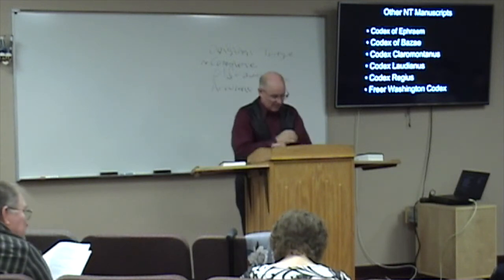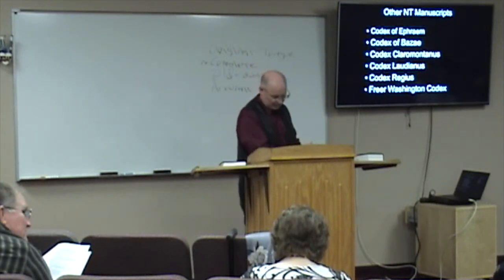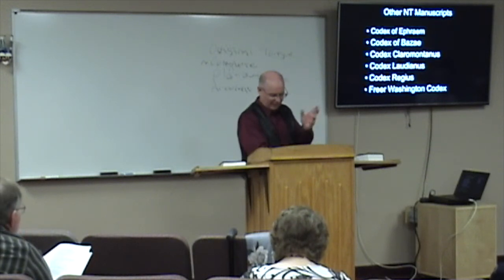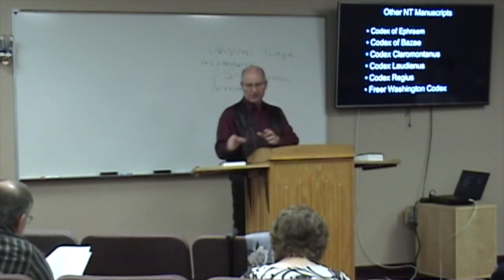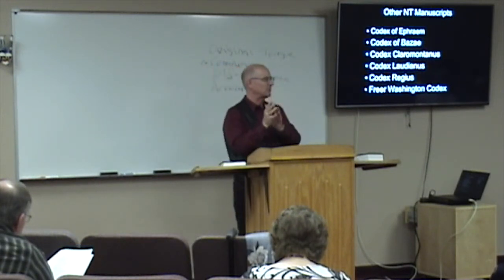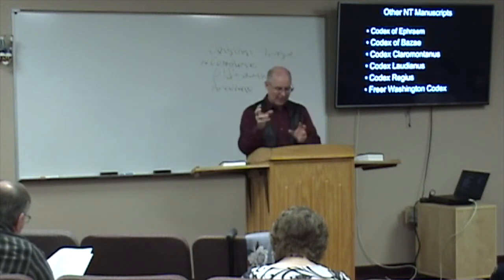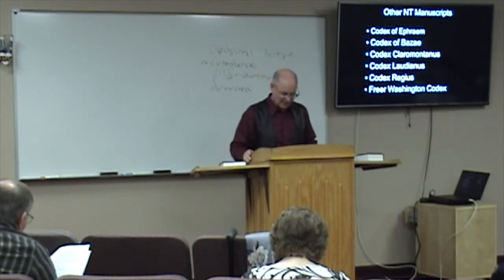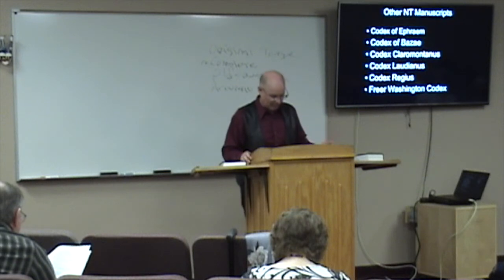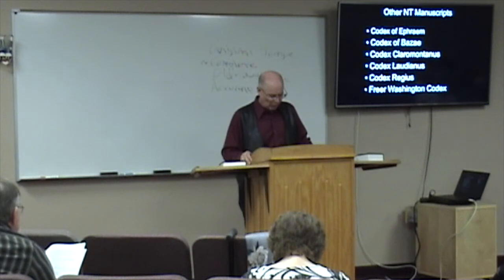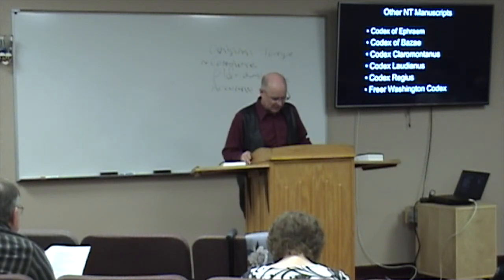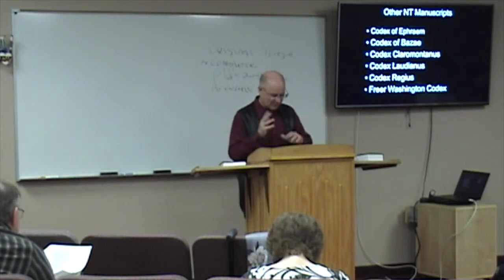So, let's see. The Freer Washington manuscript. And there's a few of these, okay, and they're all identified with a codex and a letter. It's interesting. These are like chunks and sections of the Bible, small manuscripts. That's what you've kind of seen here, right? Chunks of letters, chunks of books. Alexandrian style, so that means it's pretty accurate, right? Pretty good. Only half of it survived, though. It's kind of interesting. Contains Paul's letters here. Contains 1 Corinthians to Hebrews. It's kind of rearranging. It's kind of interesting.